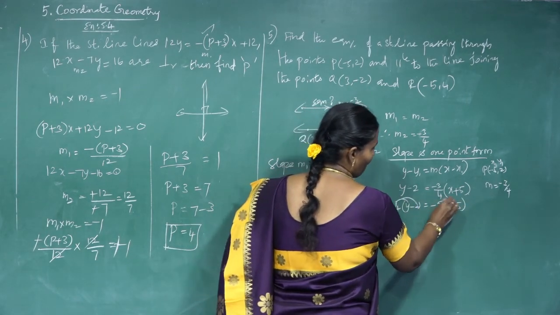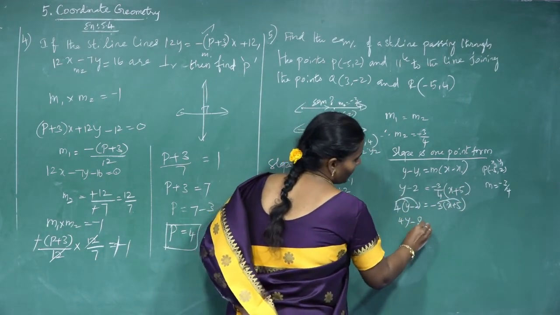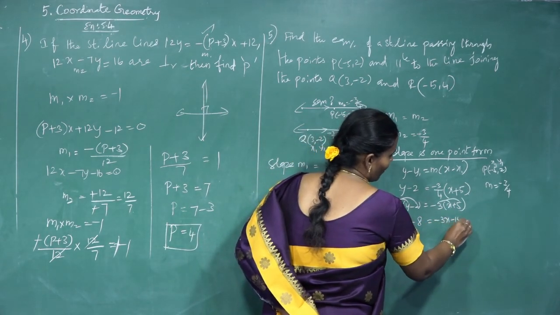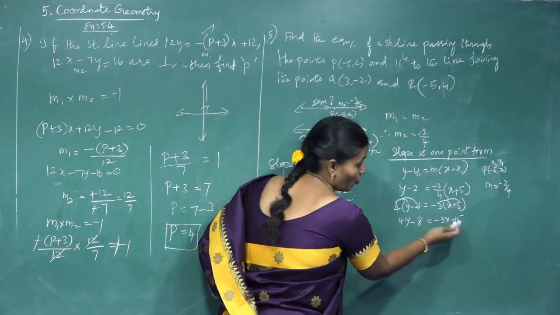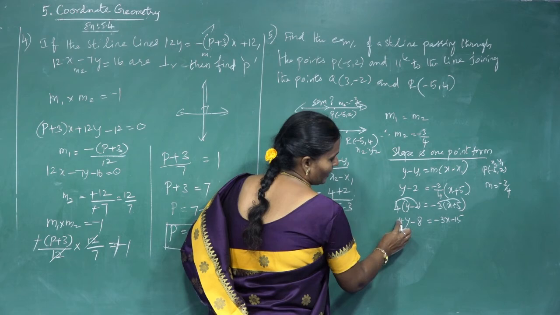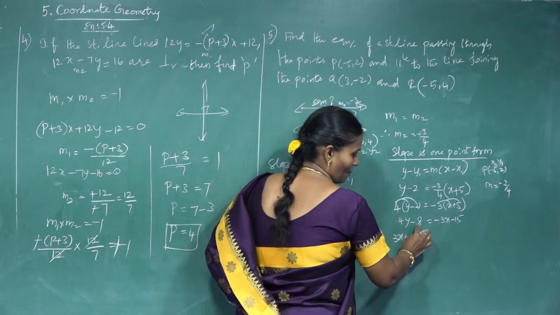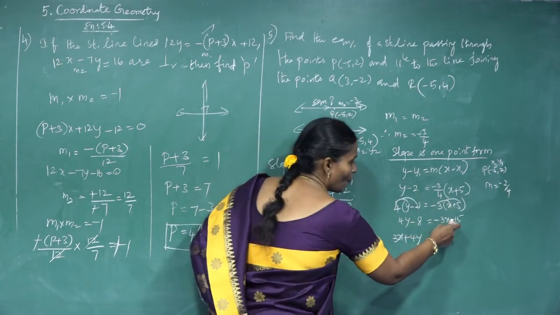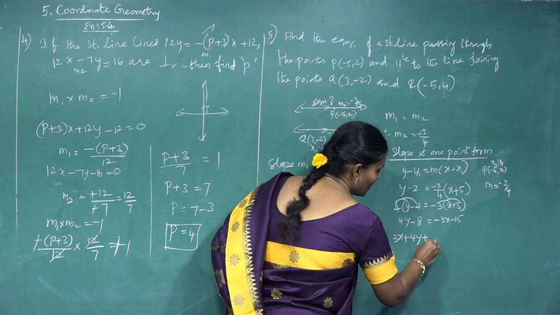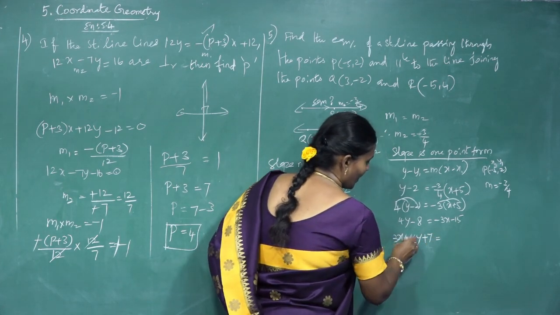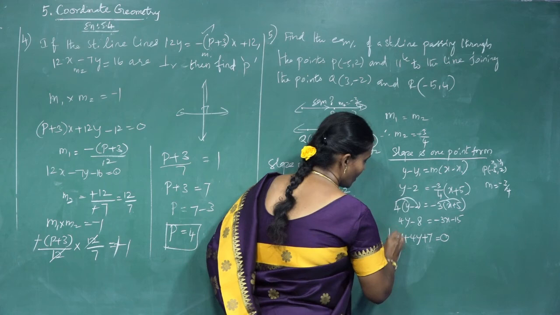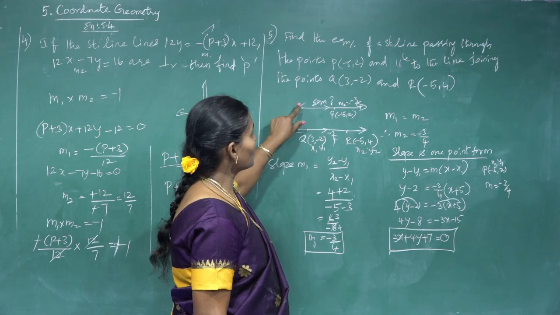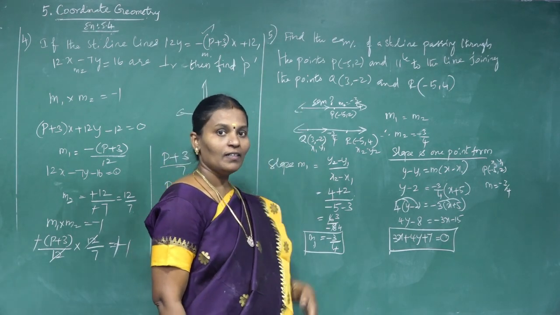Multiply inside. So 4y minus 8 is equal to minus 3x, minus into plus is minus, 3 fives are 15. So this term is negative, bring it to the left side. So 3x, here already plus 4y, here minus 8. If you bring this minus 15 to the left side, it becomes positive. So plus 15 minus 8 is plus 7. Understand, children? So 3x plus 4y plus 7 is equal to 0. This is the required equation, the equation of this line. Understand, children? Thank you, children.